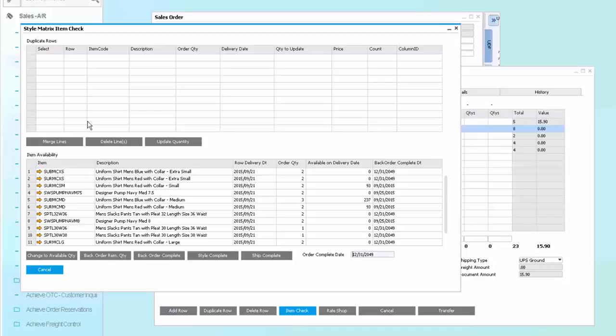Since I haven't entered any duplicate rows, it shows me down here the item availability, what each row's delivery date is scheduled to be, the order quantity, the quantity that's available, and when this order would be available to be fulfilled. As you'll notice, I have the ability to change the order automatically to the available quantity, back order the